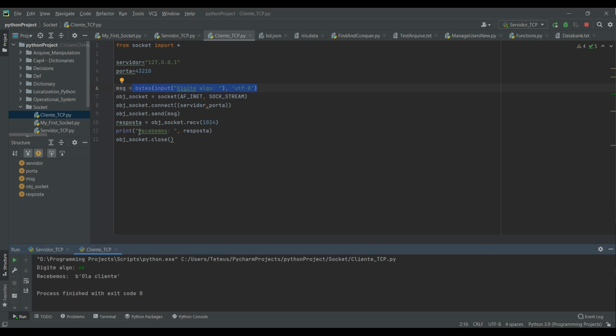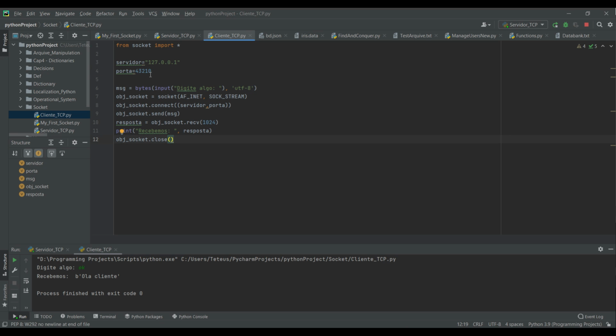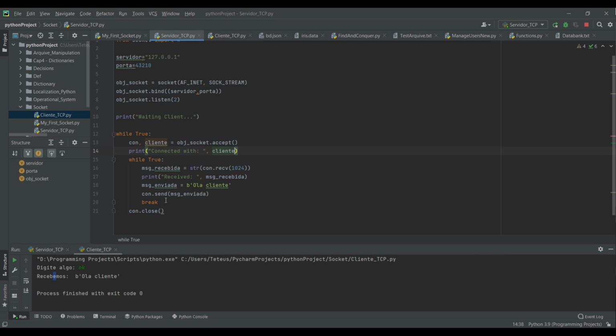After sending this message, I will receive a response. Now my response is what they send me. That's exactly what happens. And then I will print my response, which is what they sent. And then I will just close my code basically here. And you can see here, what I received is exactly what the server tried to send me, which is